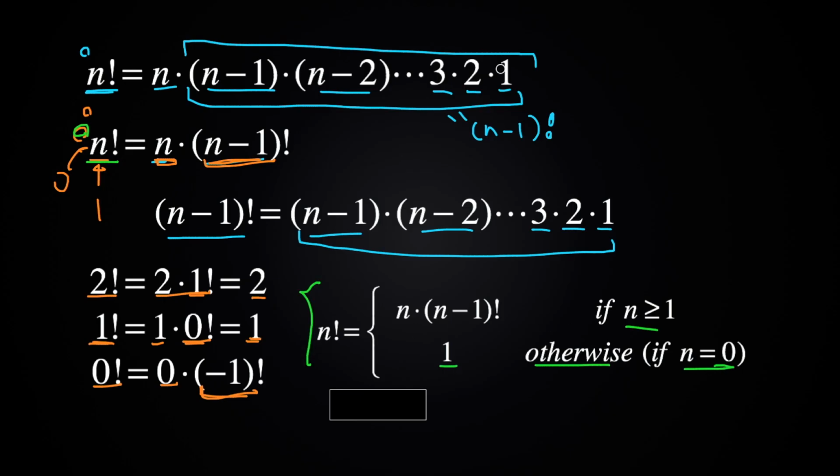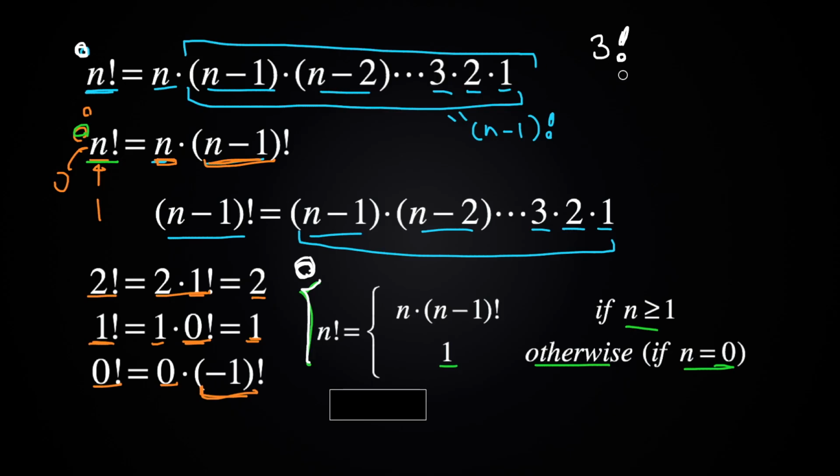So let's just quickly see how we can use this new definition of factorials to find the factorial of any positive integer, let's say 3. So if you ask yourself, what's 3 factorial? There are 2 ways of answering that question. The first one would be to use the old definition, and the second way would be to use this new definition. And let's use this new definition here, because we're going to use this new definition later to write a function using recursion as well.